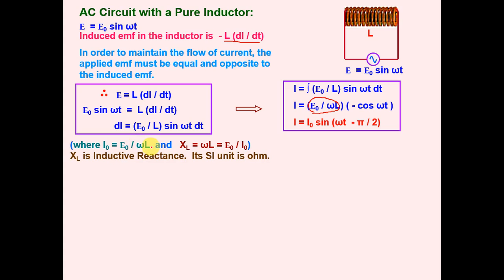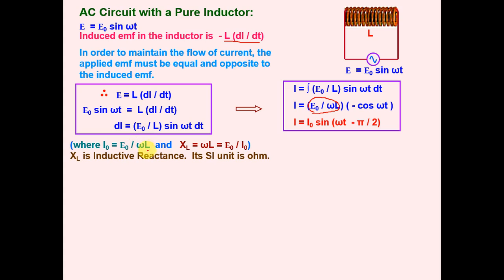Resistance is what? That was the opposition to the flow of the current. And here also this omega L can be compared to the opposition to the flow of alternating current in an inductor. So this opposition is equivalent to resistance. Resistance is because of the collisions of the electrons with the ions, but omega L is again the opposition to the flow of the current, but here the phenomenon is different. This is because of the self-inductance of the inductor. Current is again being opposed by the inductance of the inductor, and so we can say this is also opposition.